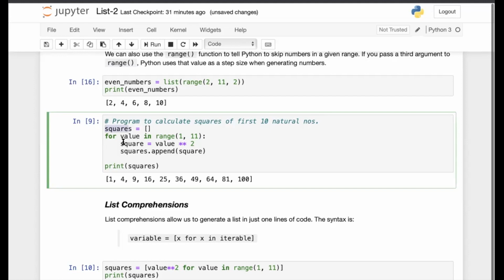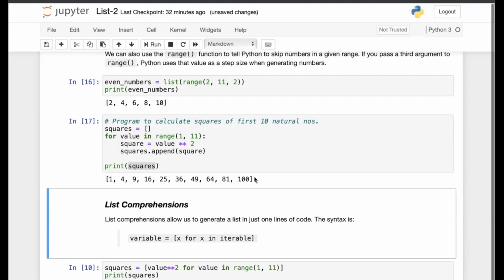So for each iteration, I calculate the square of the natural number, and then that square is appended to the list squares by the append method that we had discussed in the previous session: squares.append(square). Finally, the body of the loop ends because the indentation is no more here. So print is outside the loop, and that is why it prints the entire list. When I print this, it prints these 10 numbers, which are the squares of the first 10 natural numbers.